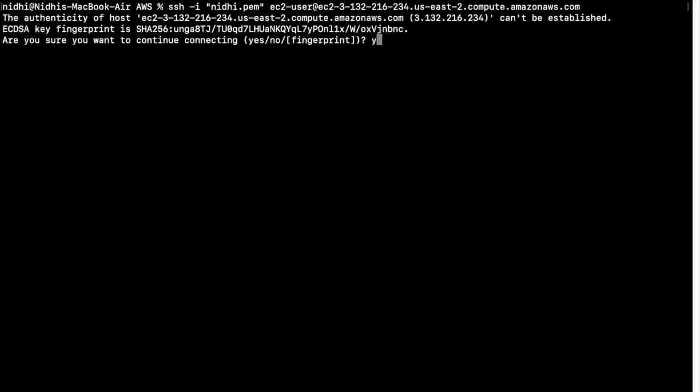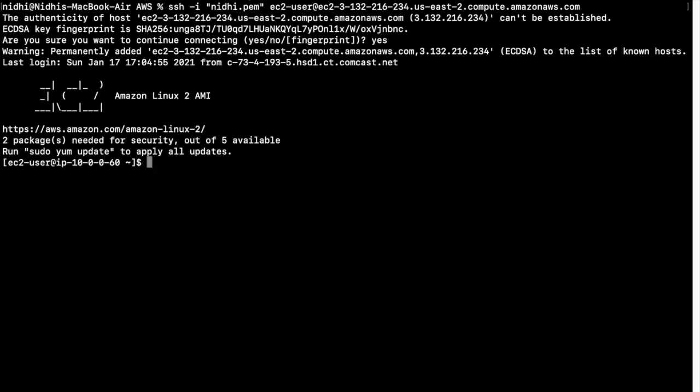Here is where my key is present. Let me log into this. Here you basically just need to provide the PEM file and your host name. On Windows, you can use Git Bash, which I use on Windows, but here you can directly use this terminal. Okay, so I am on this instance now.